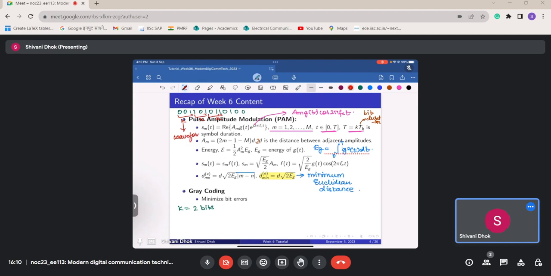The number of distinct waveforms, which is M, is basically 2 to the power k. So suppose I have k equal to 2, then my M will be 2 squared, that is 4 amplitude levels, and these four will be